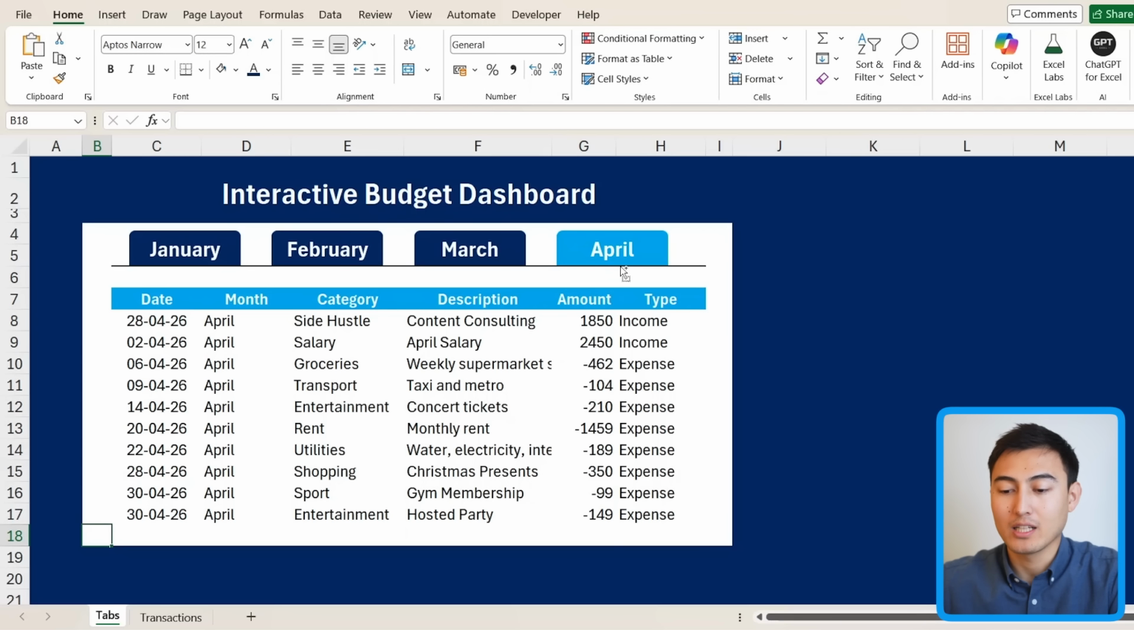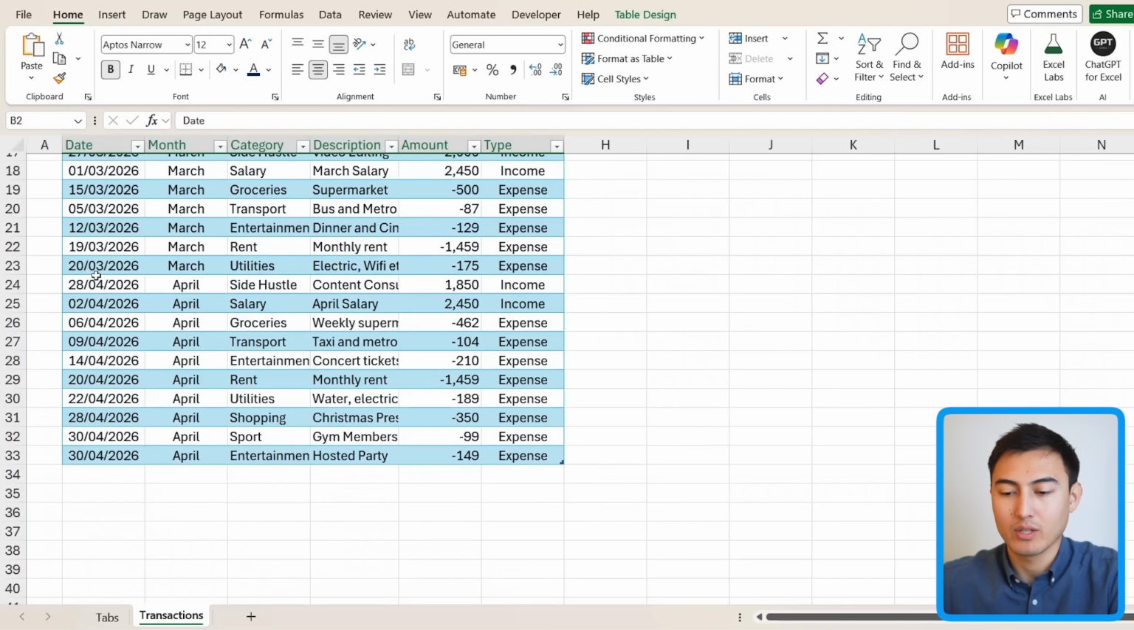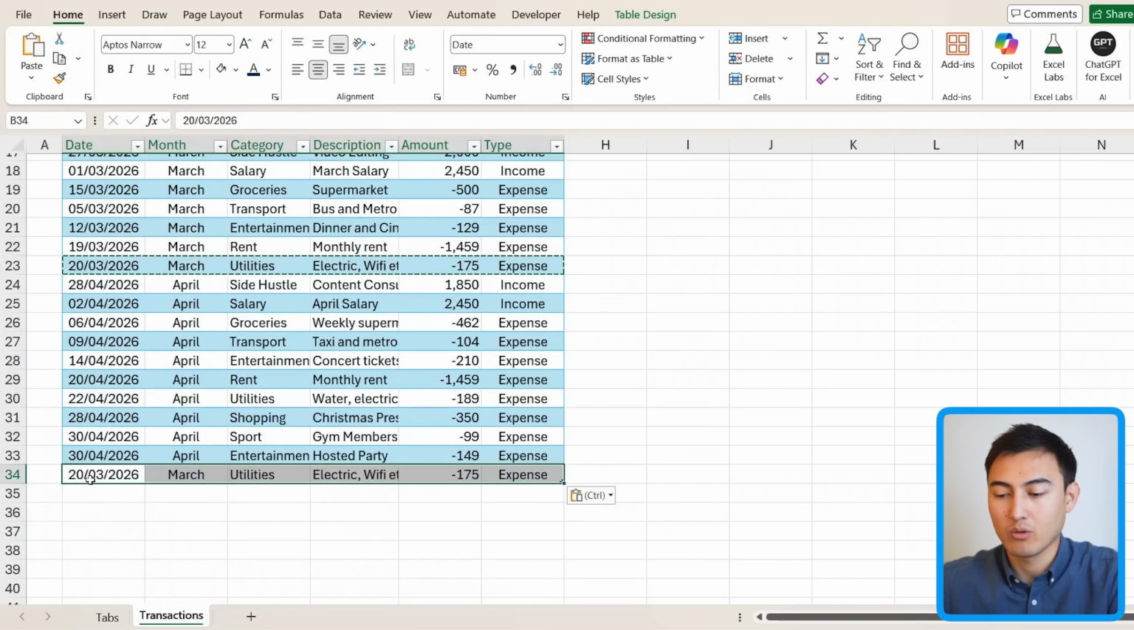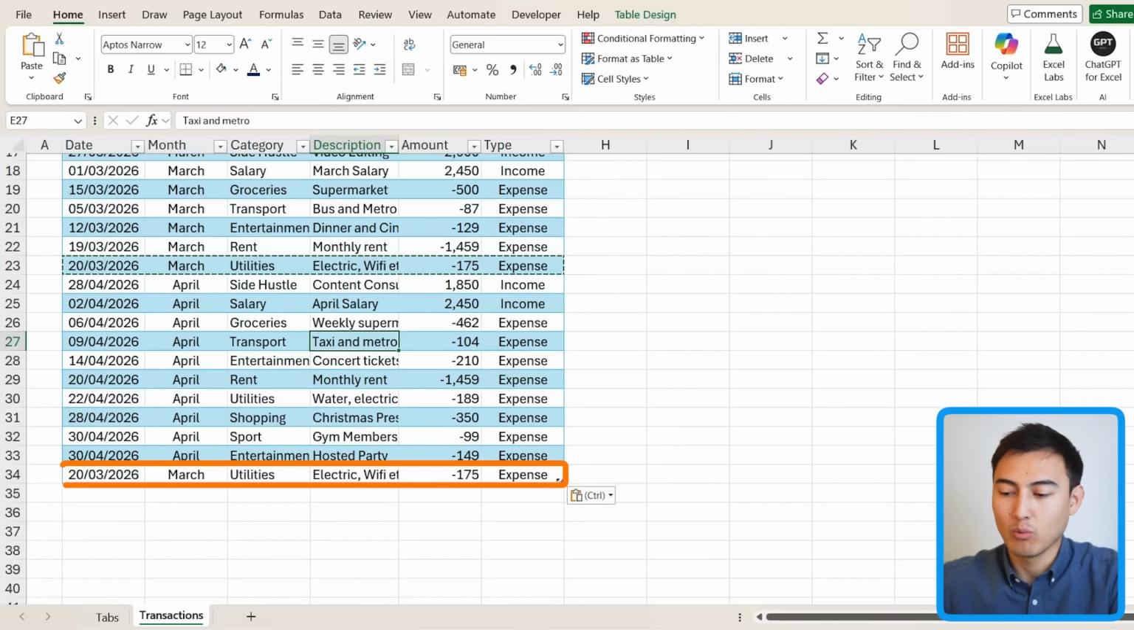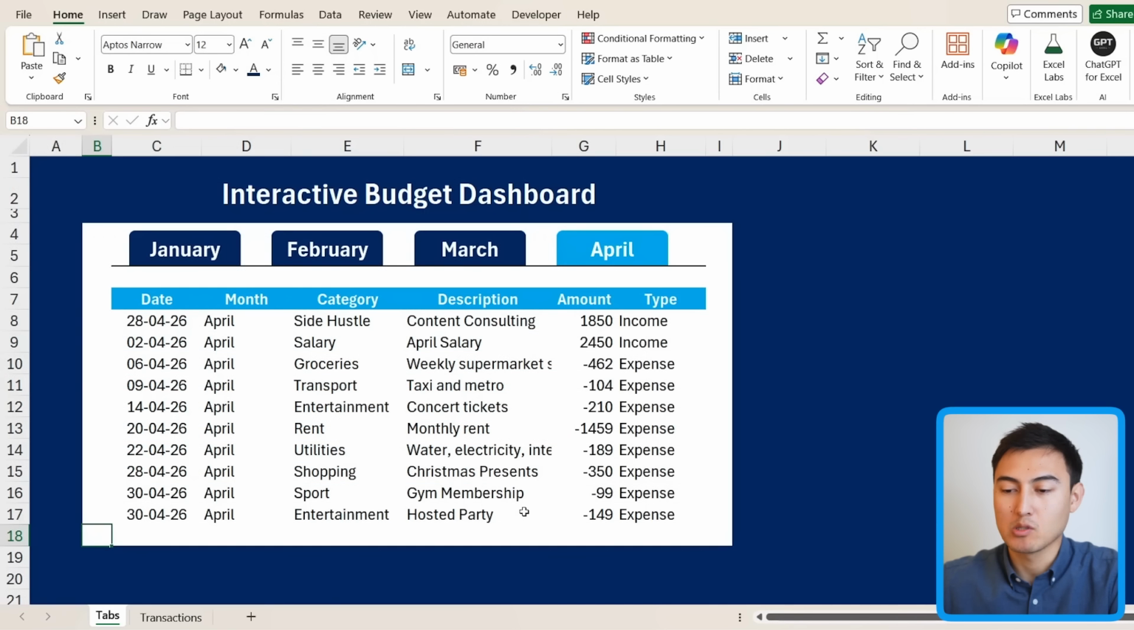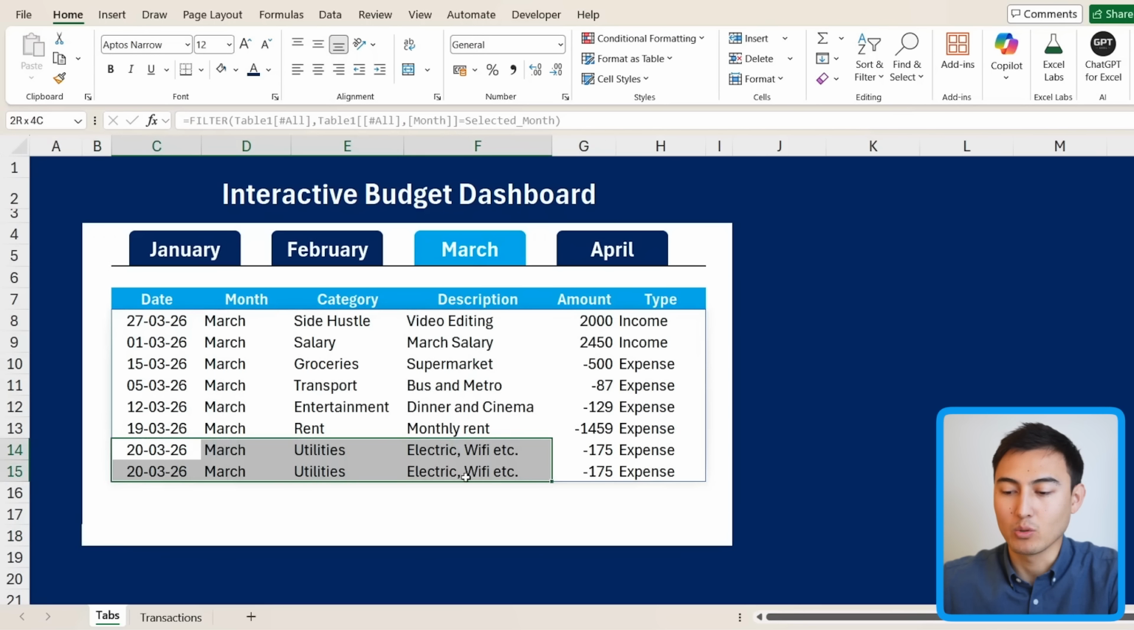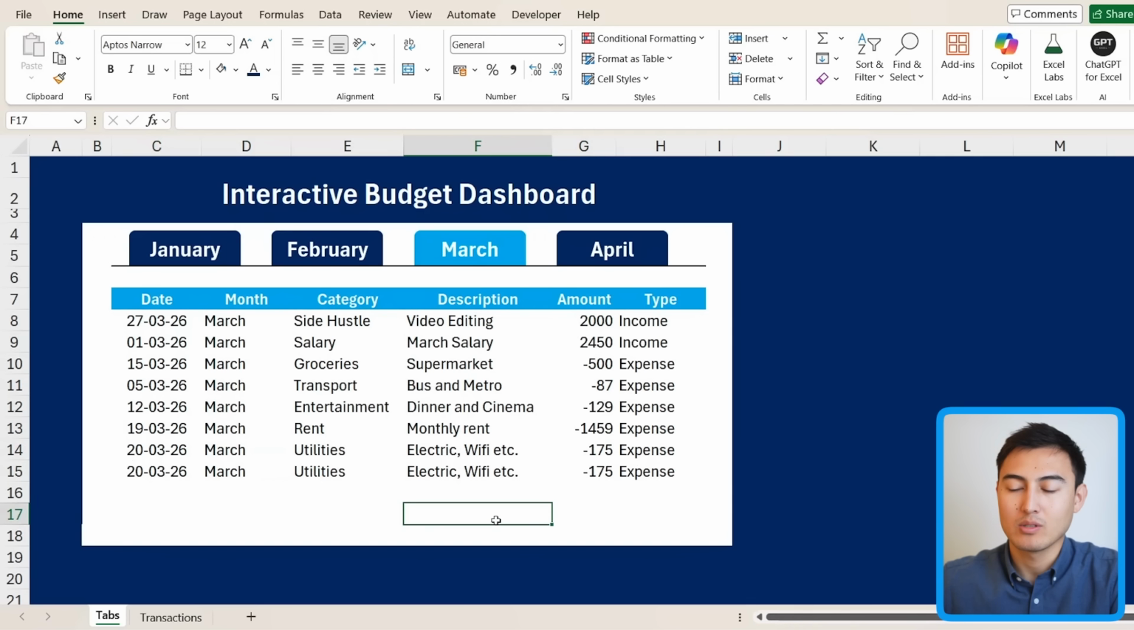If you ever need to add more rows of data, let me show you how that's done. Maybe I just duplicate one. So I'm going to copy this and paste it down on the bottom. You'll notice that the table goes one lower, so it seems to account for it already. If I go over to March, you'll notice that we have the utilities part duplicated, so that's been able to